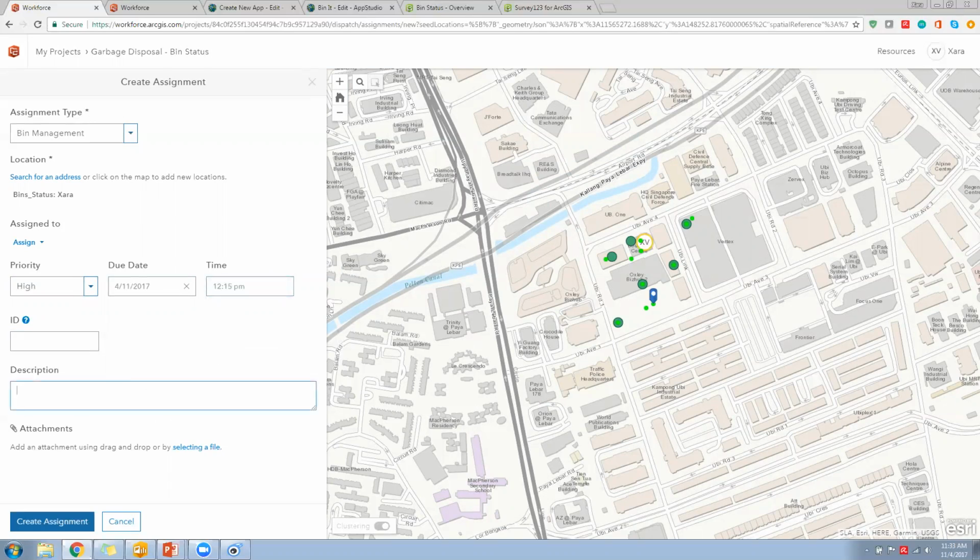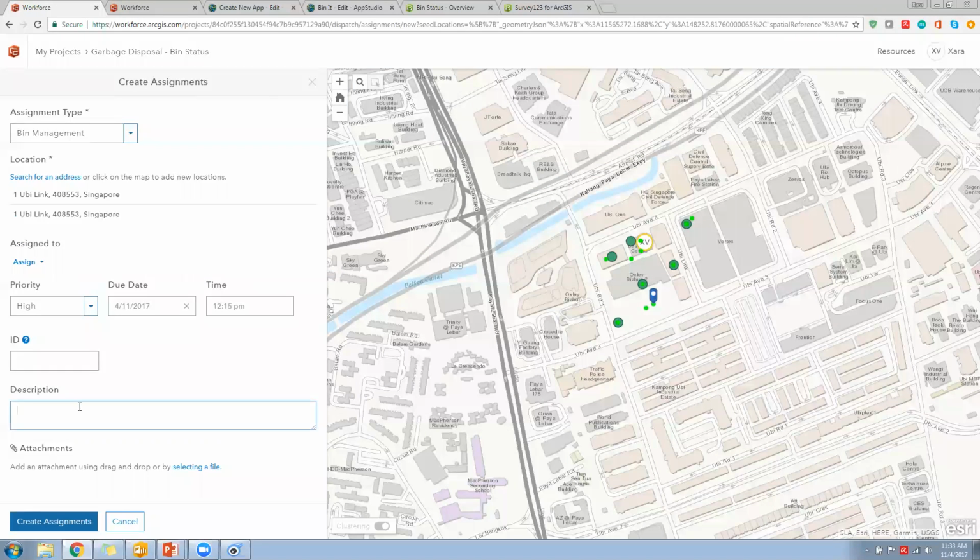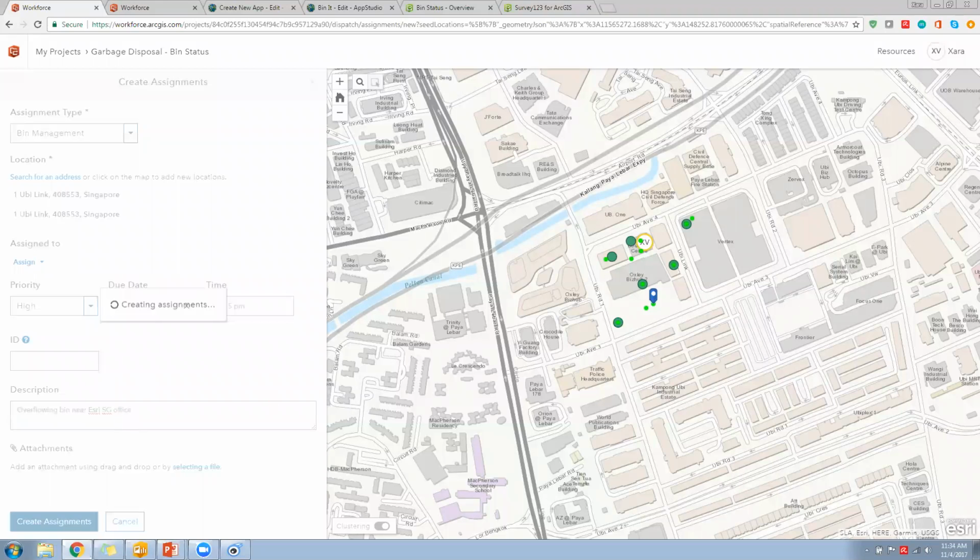So for the description, I would just be copying whatever was reported right here from the previous application. So overflowing bin near Esri SG office. Now, after I have created it, I can also add attachments which are deemed necessary and simply click on Create Assignments.